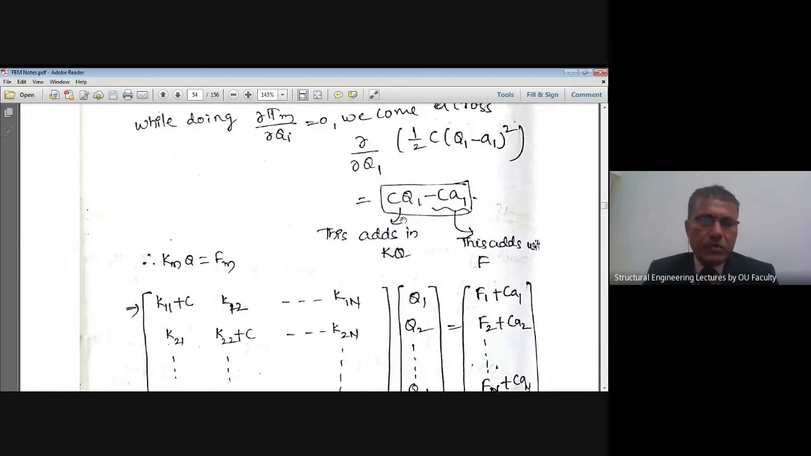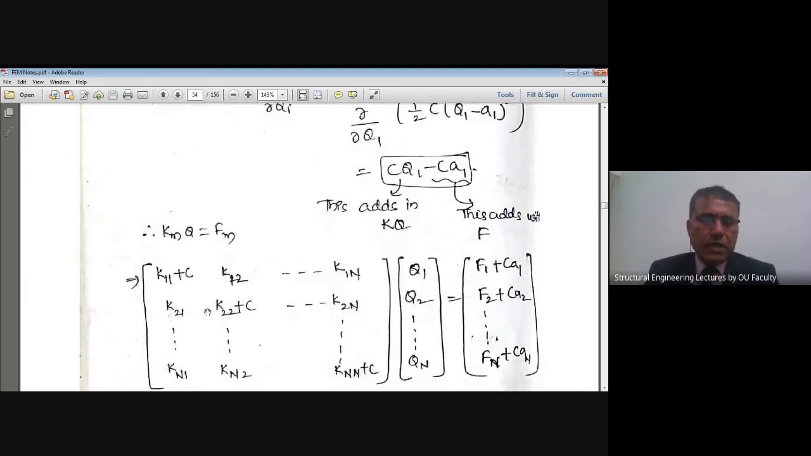Please see that because you have modeled along the first degree of freedom, K11 has been modified, with a contribution from the modeling, plus C, right? That is how the first row operates upon the first column. K11 plus C multiplied by Q1, K12 multiplied by Q2, up to K1n multiplied by Qn is equal to F1 plus C A1. That is how the first row is. Like that, I'll get...